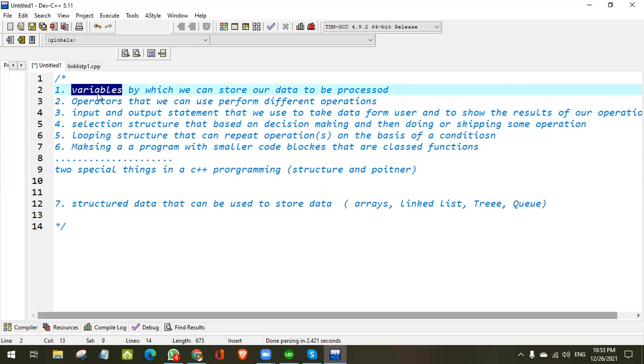Then this value is compared with your stored PIN code. This is a selection structure, the if statement. It checks whether the entered input value, the PIN code, is equal to the PIN code that is already stored in the program. If it is equal, then it does the next operation; on the basis of this decision, it will either skip or do some operation. So this is an if else statement.